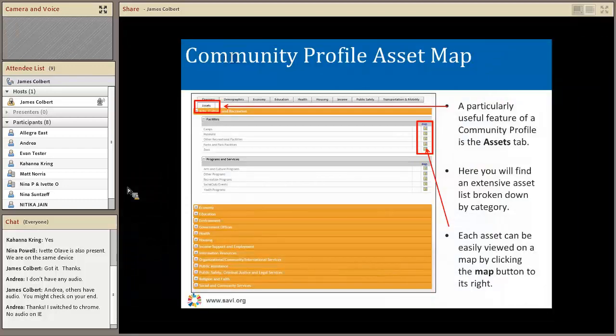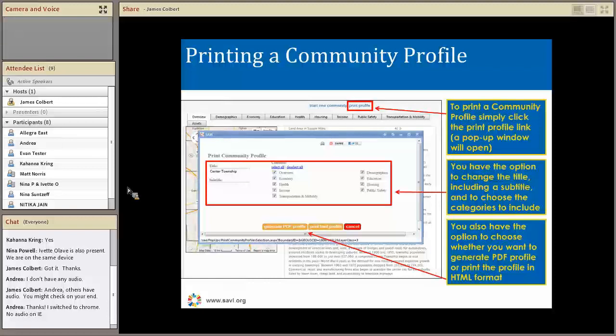So we talked about the asset map. Now you're within the profile and you like it, it's what you want. There's some information there you want to save. One of the things that you can do here is print the profile. When you're within the profile, you'll see a link that says print profile. You just click that,